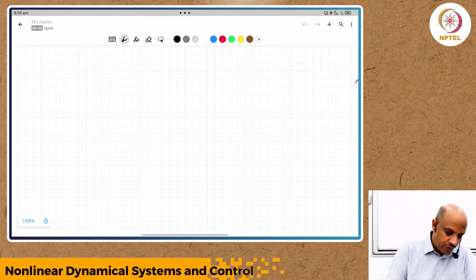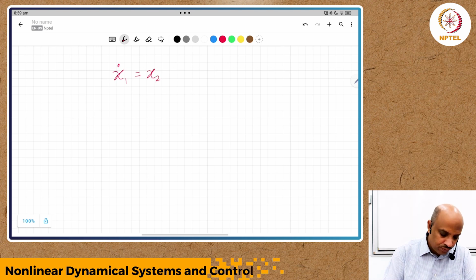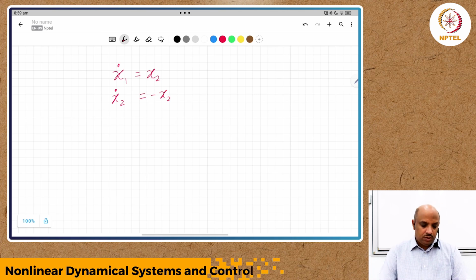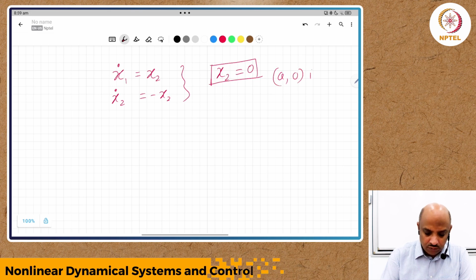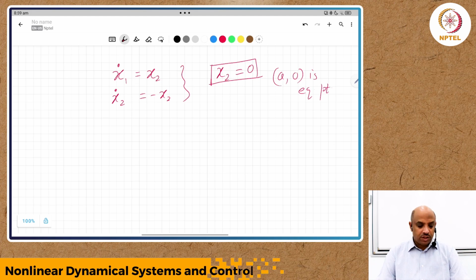So what we had was x1 dot is equal to x2, x2 dot is minus x2. First let us understand what the equilibrium points of this particular system are. This simply means x2 is equal to 0. So any point of the form (a, 0) is an equilibrium point. Now, one of the things that we need to understand is this particular system happens to be bounded, meaning